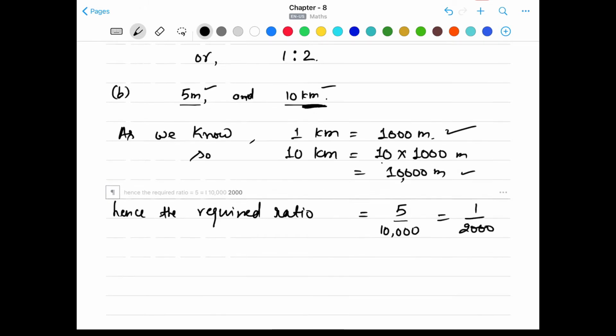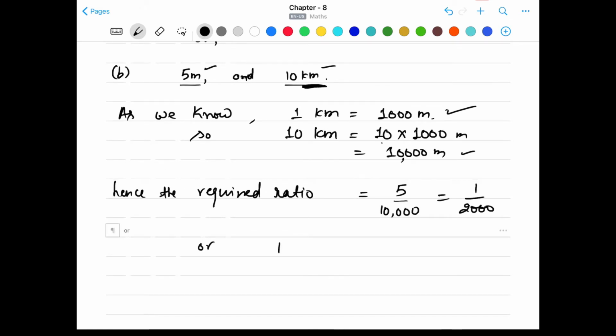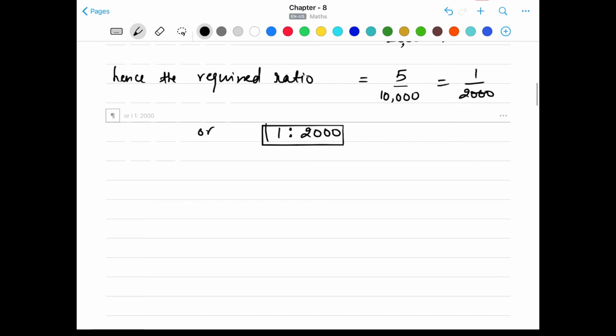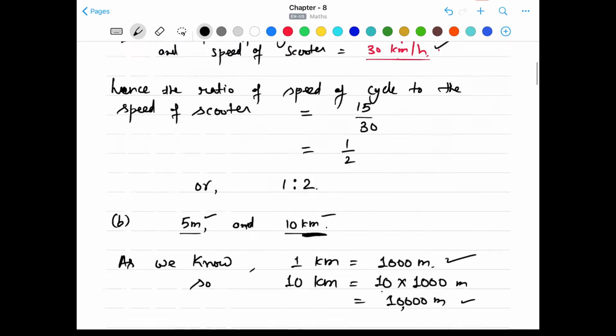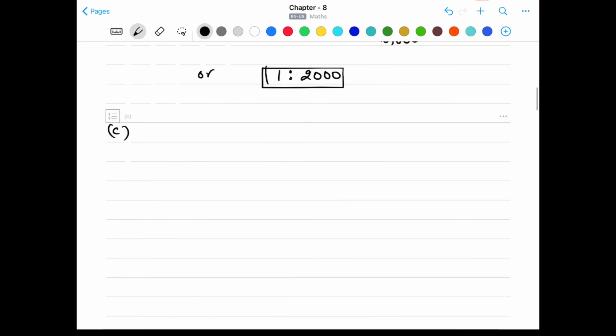So you can write, or the ratio is 1 is to 2000. So that's the answer. Okay, now let's come to the part C of question number 1. Here we are given 50 paisa to 5 rupees. So the quantities that we have are 50 paise